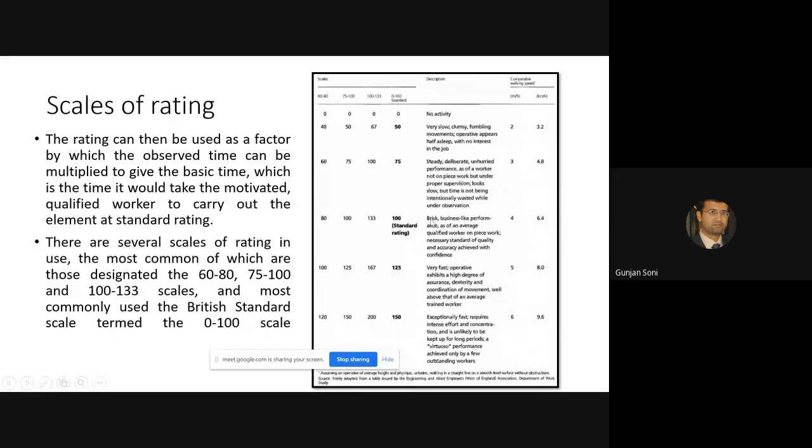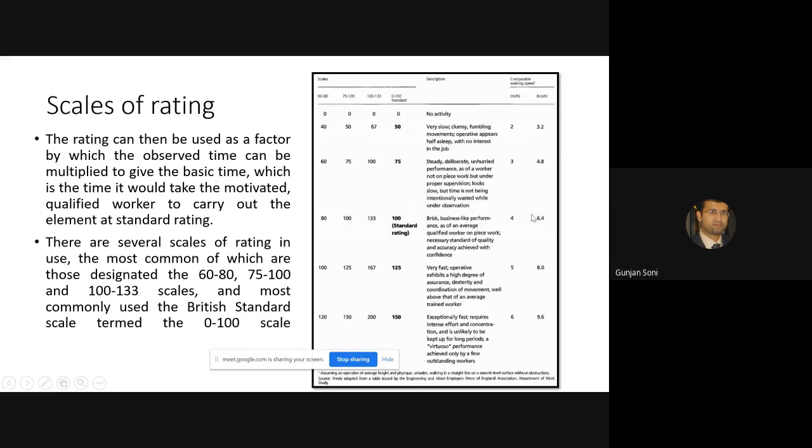So you can see a standard worker has to be brisk and do a business-like performance as an average qualified worker on a piece of work. He produces with the standard quality and accuracy with confidence, and the pace of movement of the worker would be generally 4 miles per hour or 6.4 kilometers per hour.